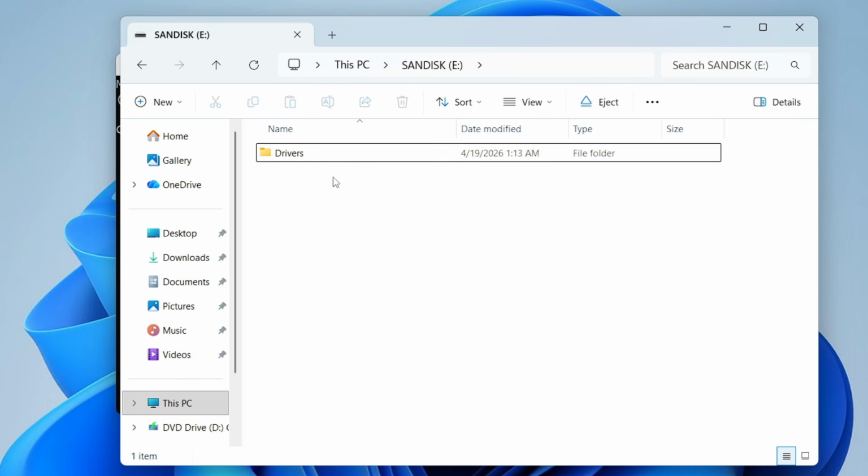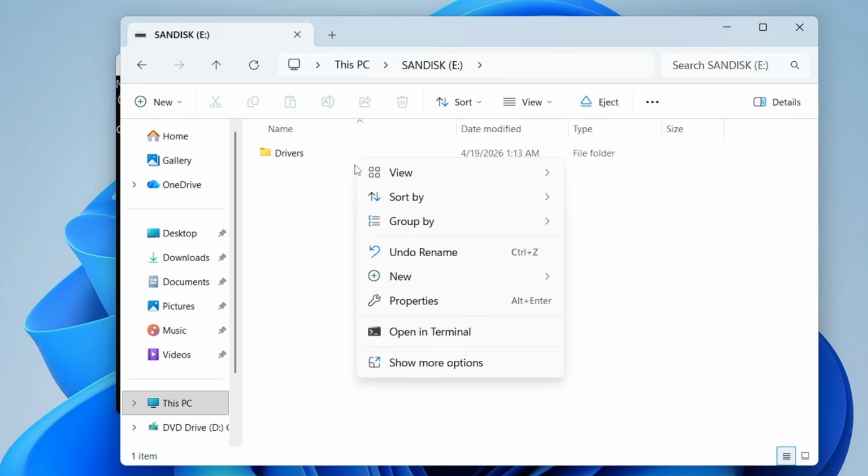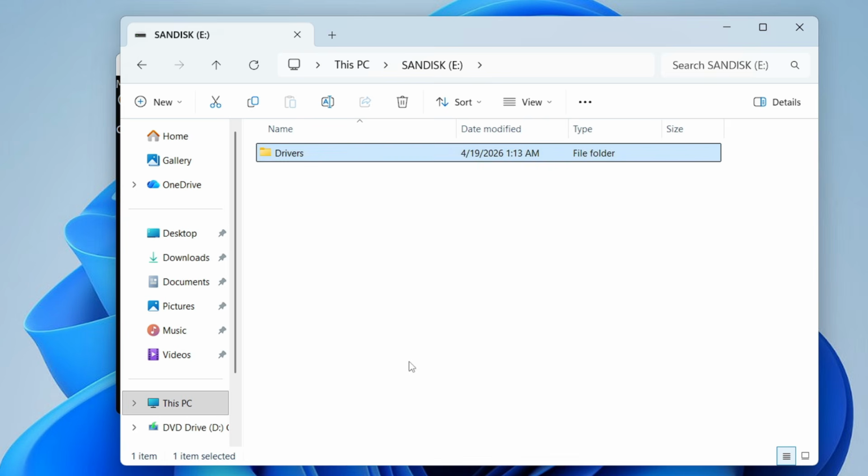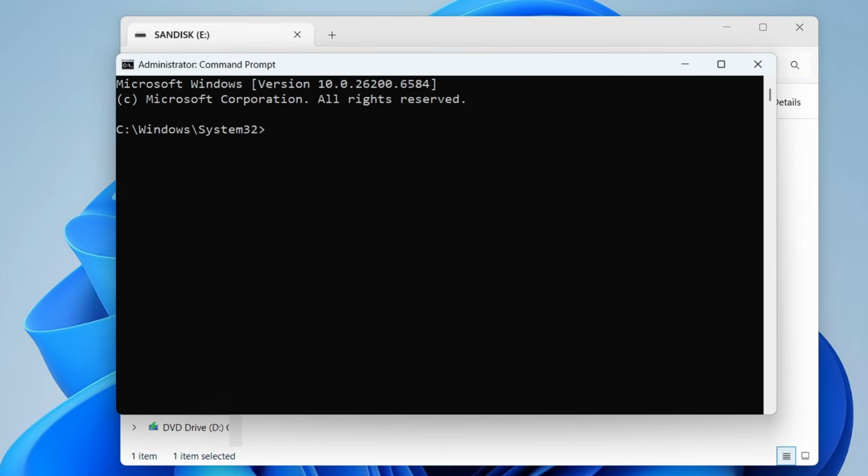And once you have created the folder, make a right click on it. Click on Copy as Path, because this path you will need while running the command. So click Copy as Path. Again bring up the command prompt and type here dism